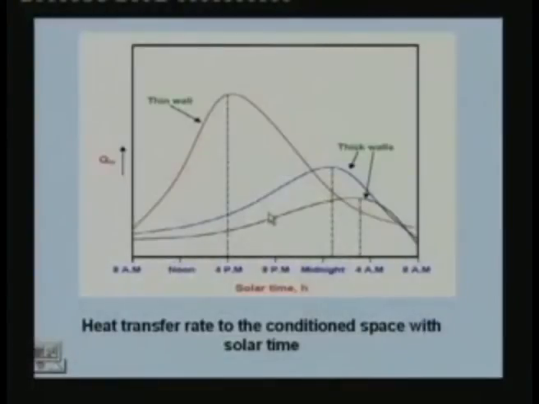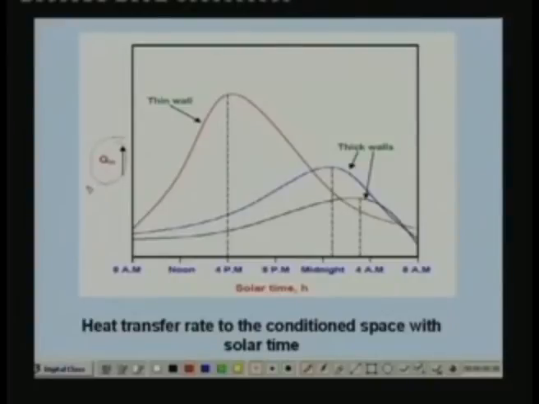Okay, this graph here shows the heat transfer to the conditioned space. Not heat flux, but total heat transfer to the conditioned space as a function of solar time, for a thin wall, a thick wall, and a thicker wall. So you can see that the heat transfer rate increases from about 8 am, that means slightly 1 or 2